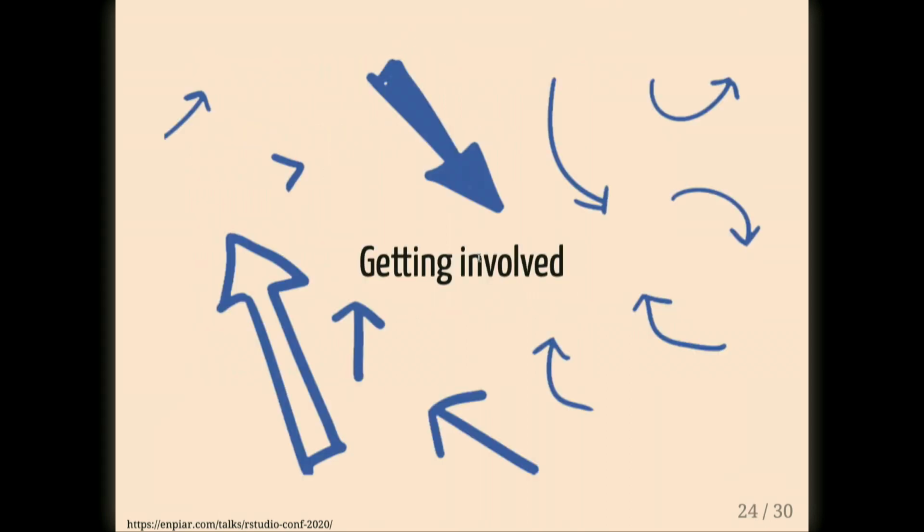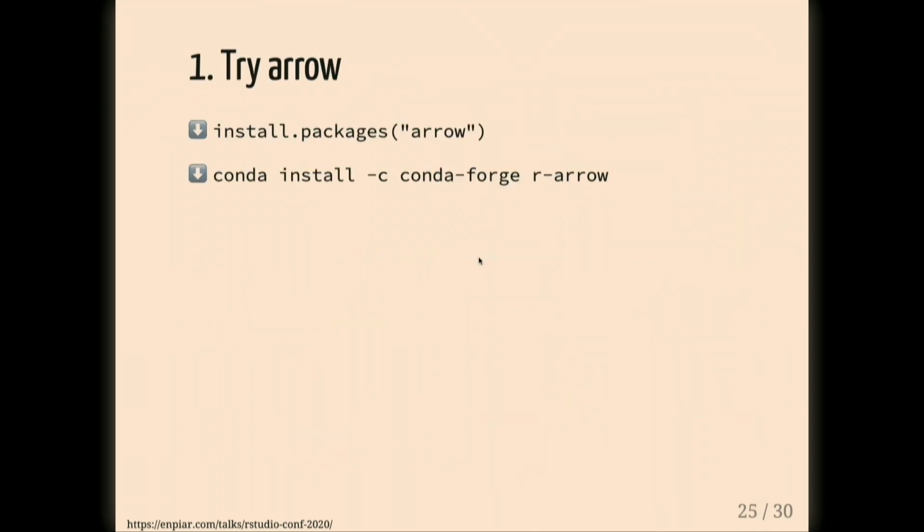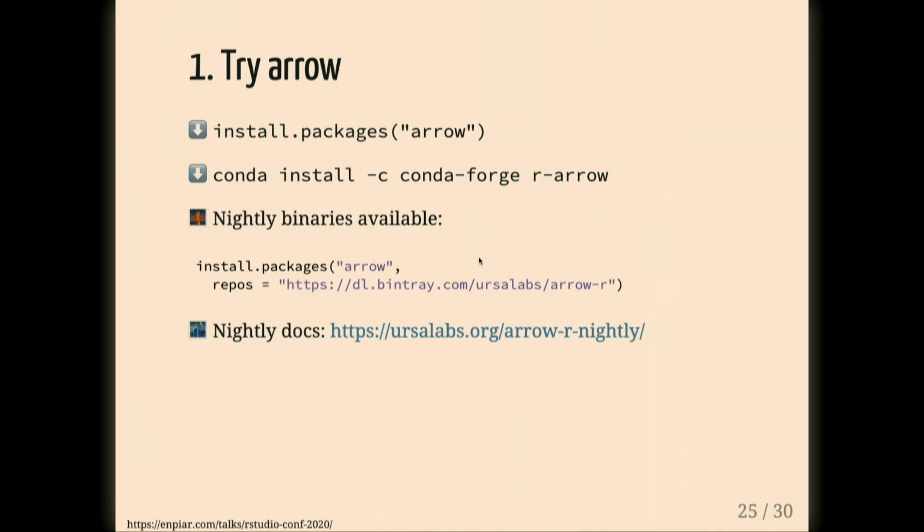All right. If this sounds interesting to you, I have some offers for you. First thing you can do to get involved is, of course, try out the package. I mentioned it's on CRAN. If you use Conda, we also have a Conda recipe. Here's the link again to our nightly repositories. We build binary packages for Mac and Windows, as well as C++ binaries for a number of Linux distributions, so that you can just point at our repository and download the latest development build that way.